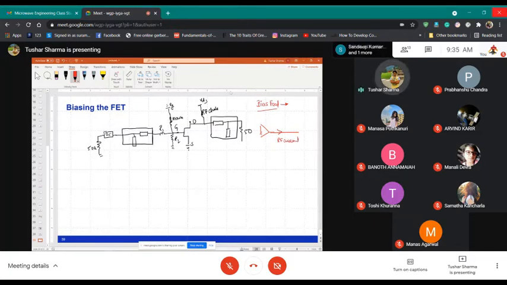So you don't want this RF current to go in this direction, into the DC path. So this is the DC path. You don't want any RF to go in this direction, right? So technically, what do you want at this reference plane? You want this current to see an open circuit.